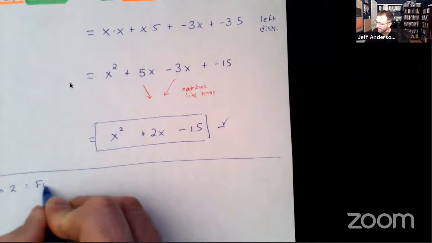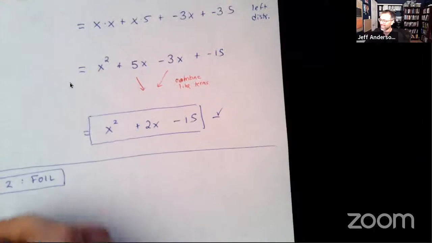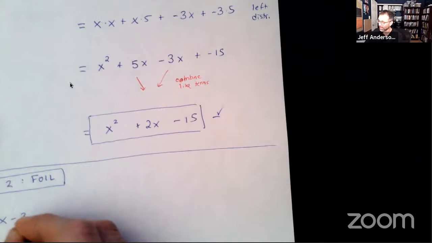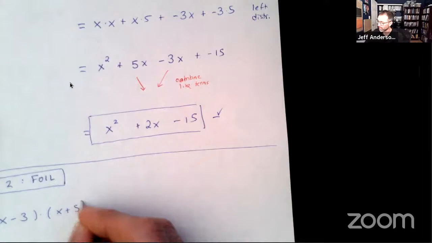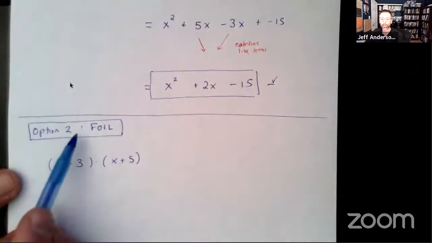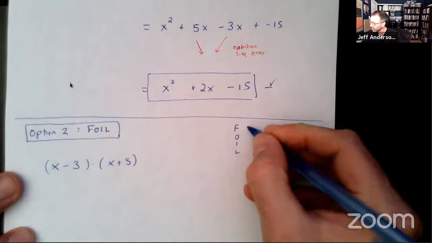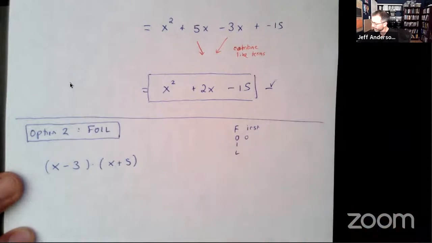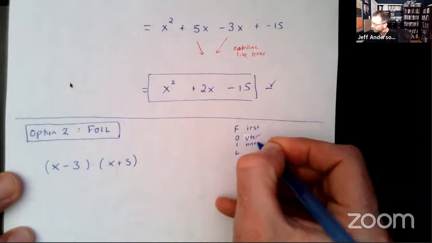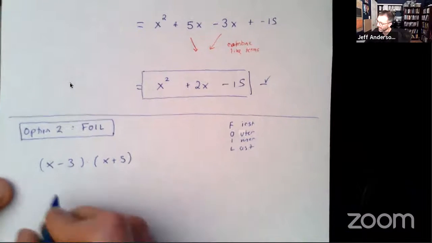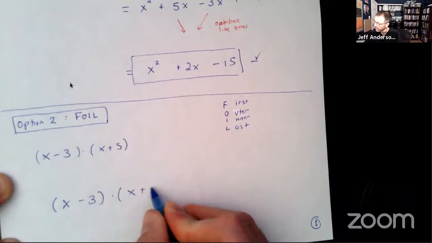Option 2, and this comes from my inspiration and my teacher, which is so many of my students over the years. I prefer distributivity for multiple reasons, but many students tell me that FOIL is really useful. So FOIL stands for first, outer, inner, last. So first, outer, inner, last. And what my students who use this successfully have shown me is they do this thing with